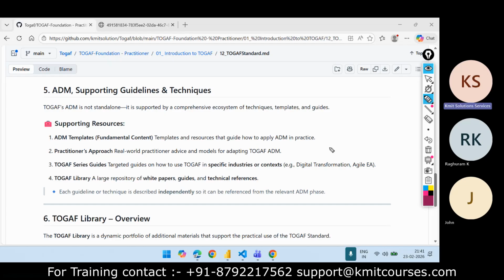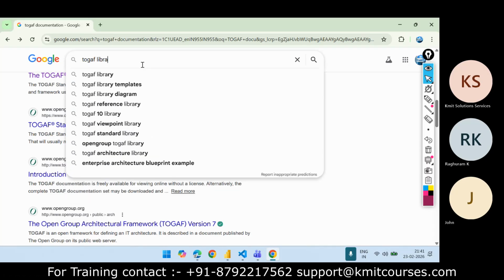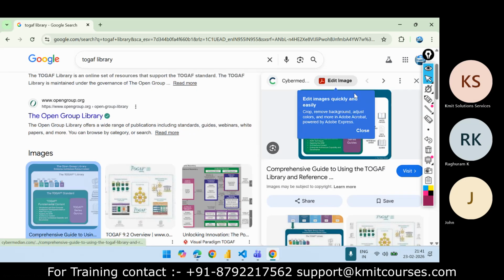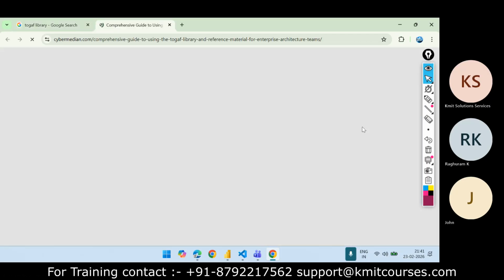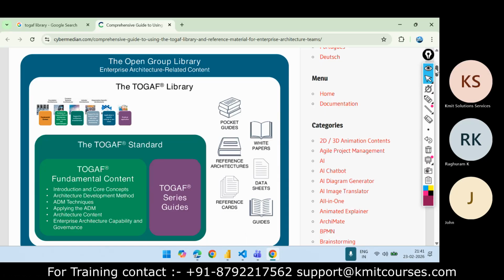So this is the TOGAF library. If you want to apply any change, or when you are following the TOGAF standards, guidance material will be in the TOGAF library.